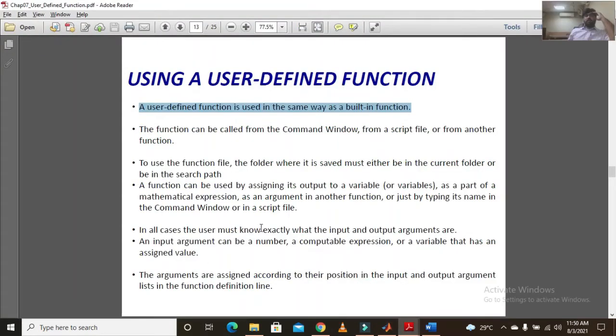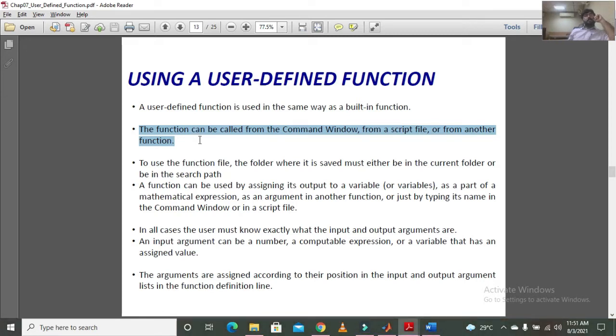Now moving forward, function files can be called in the command window, in a script file, or maybe inside some other function as well. Just like nested loops, there can be nested functions as well. Means we have a user defined function, and inside that user defined function we have another user defined function.